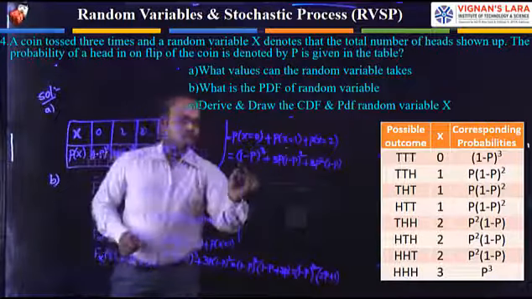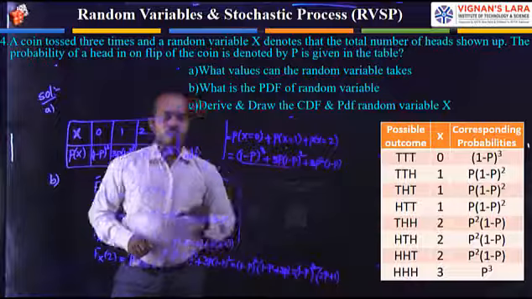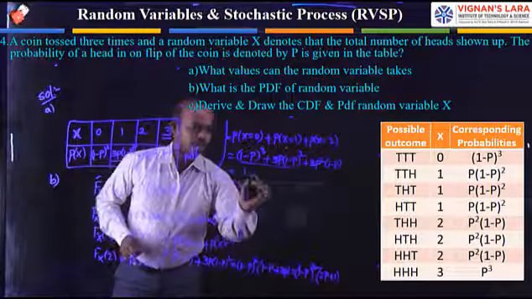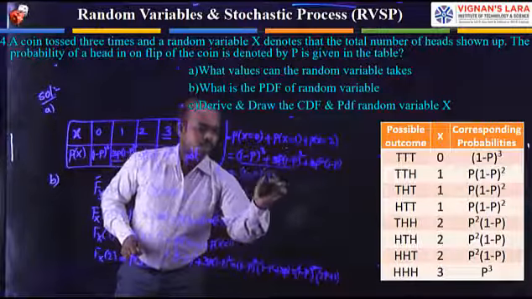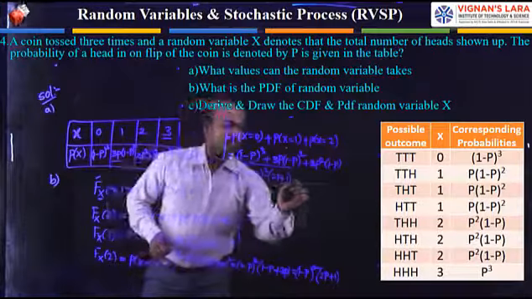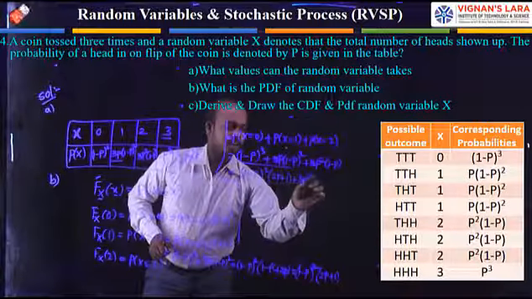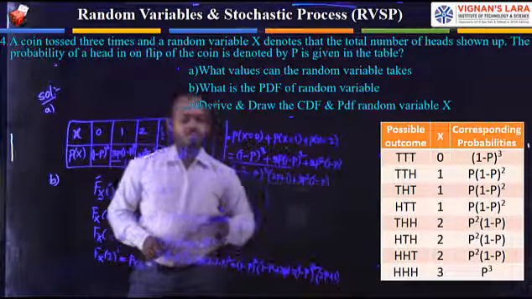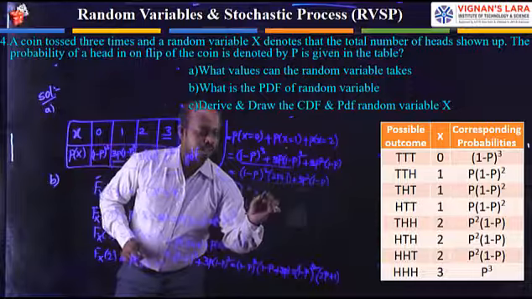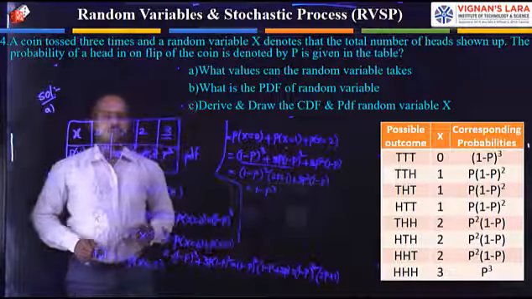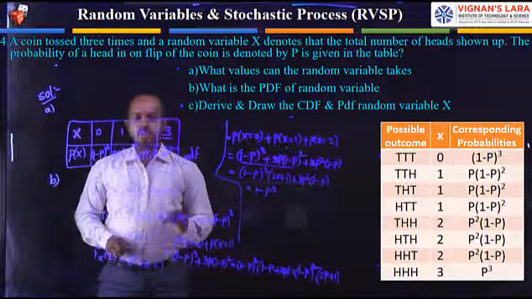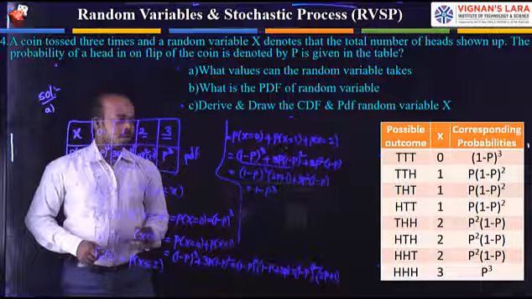Already we simplified this quantity in the second value. That's why I am directly taking the value as 1 minus p whole square into 2p plus 1, plus 3p square into 1 minus p. You can simplify this one. We are getting the value 1 minus p cube. This one is the third value, the distribution at 2. Coming to the fourth one.